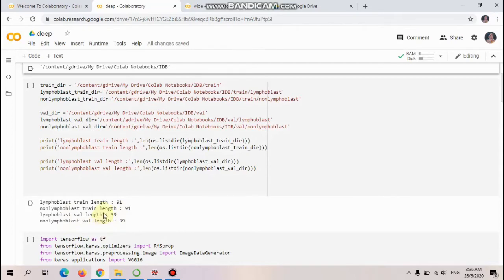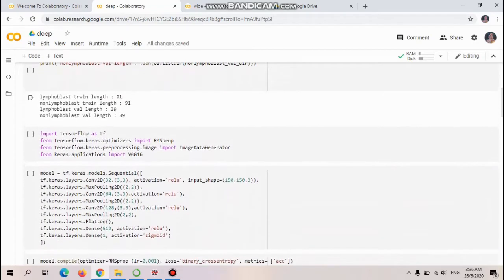Most of them we set before we insert the pictures in the Colab notebook. Okay, in the lymphoblast train we have 70% out of 130 pictures, and in validation we have 30% out of 130 pictures. Next step is we need to call the